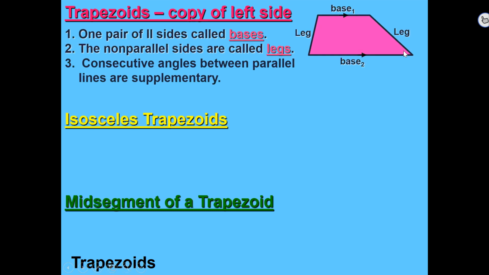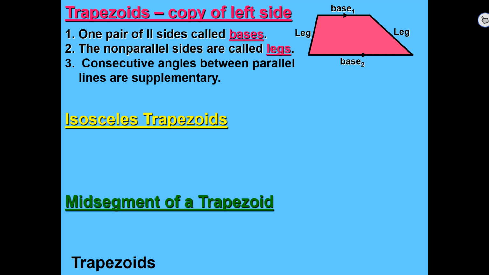Okay, so first are properties of a trapezoid. The first is that one pair of parallel sides is going to be called the bases of the trapezoid. The second is that the non-parallel sides are called legs. So these two, top and bottom, that run parallel to one another are referred to as the bases. And then those two on the outside edges that are not parallel lines are what we call the legs of